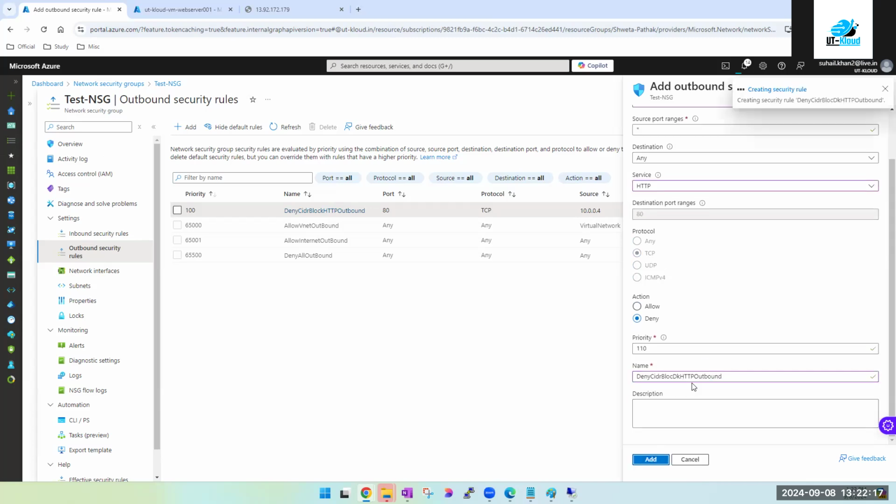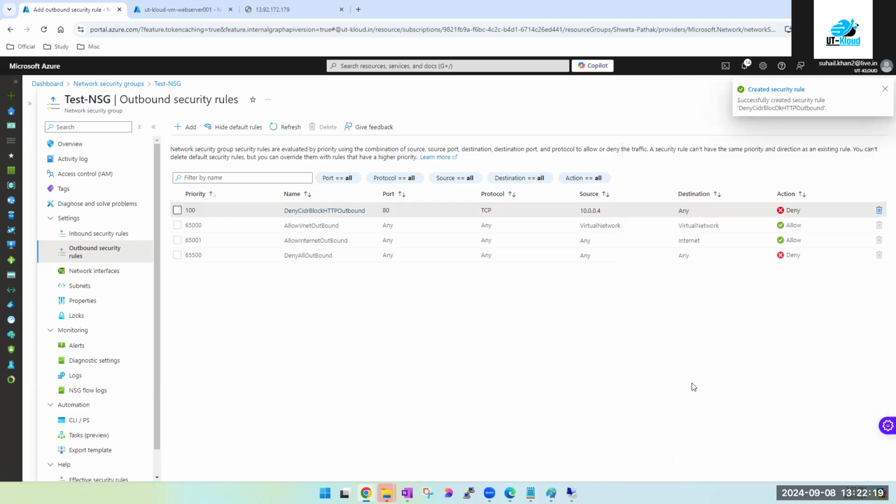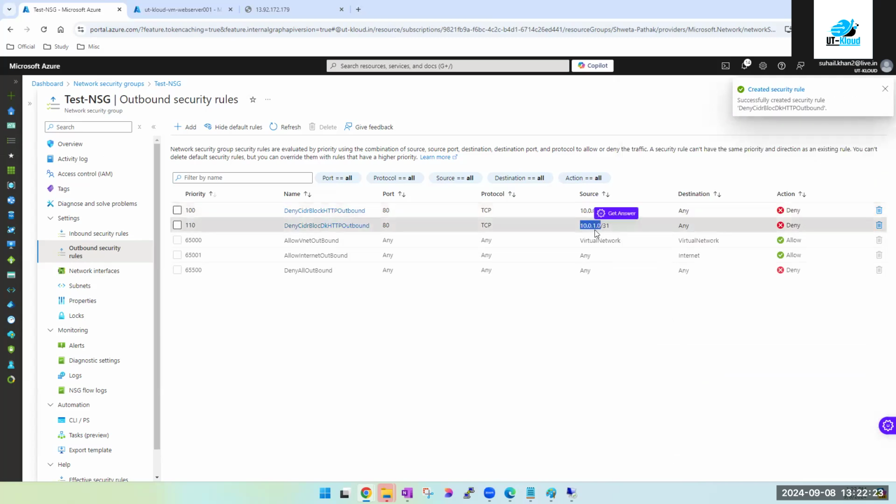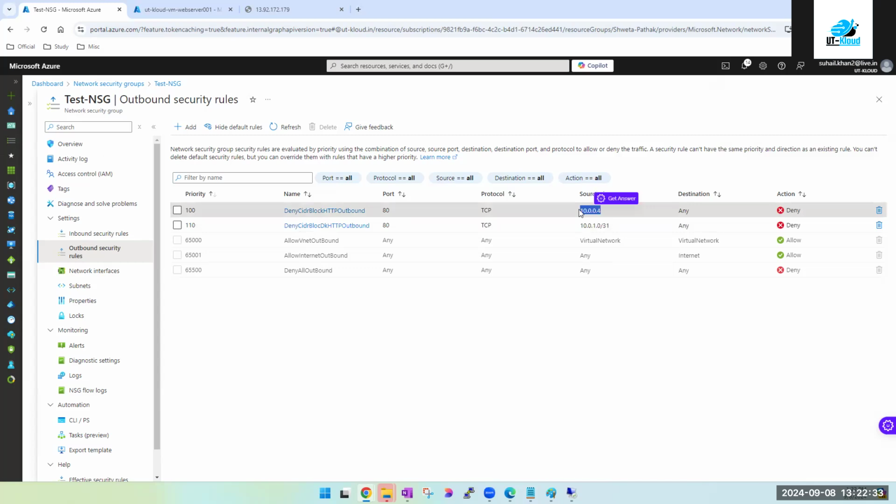You cannot have a similar name, by the way. Got it? So it's up to you. Single IP, range of IPs. You just have to be very careful that you do not take the extra addresses. If you are not sure about it, for one or two machines, it's always better to create segregated, different rules. Got it, guys?